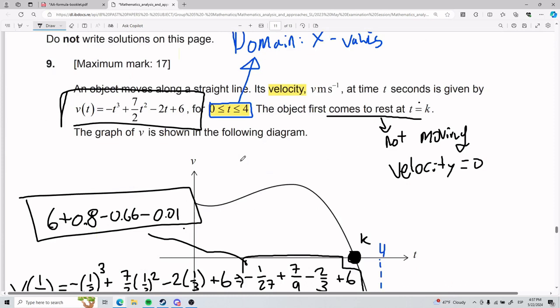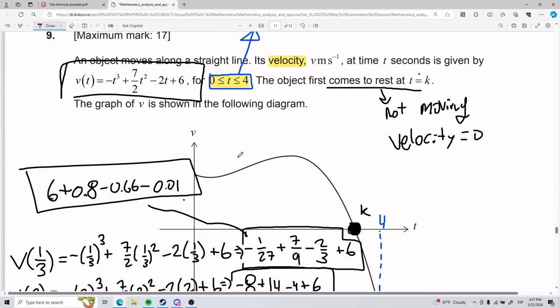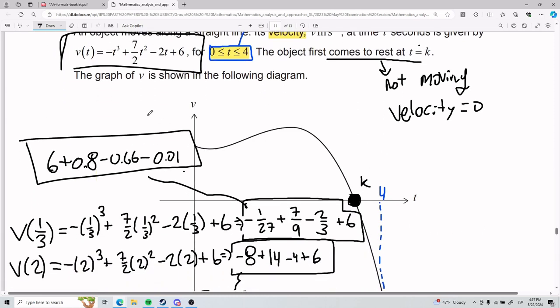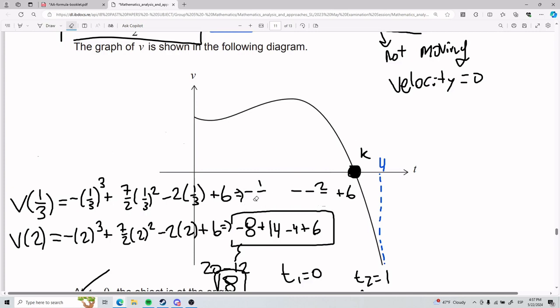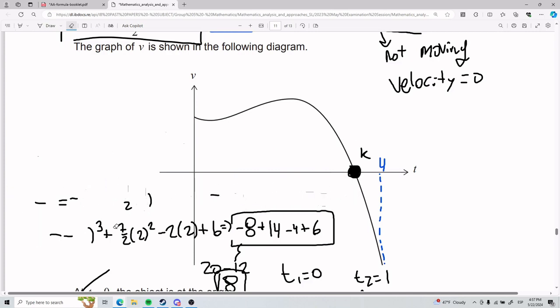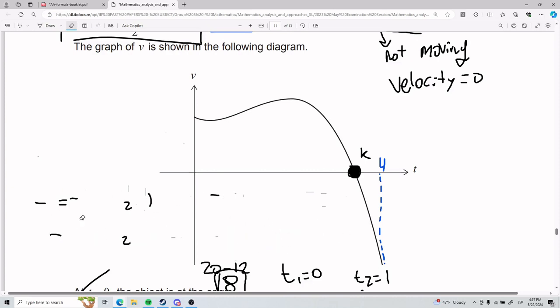Even up here, it's pretty explainable. So I'll do it here. See? So if you look at your graph, right? If you look at your graph, what you ended up with, or what they told you, is discovering that you have 2 points of optimization, right? So you found 2 points of optimization. You found one that was at t equals 1/3, and you found another one, correct? You found another one that was at t equals